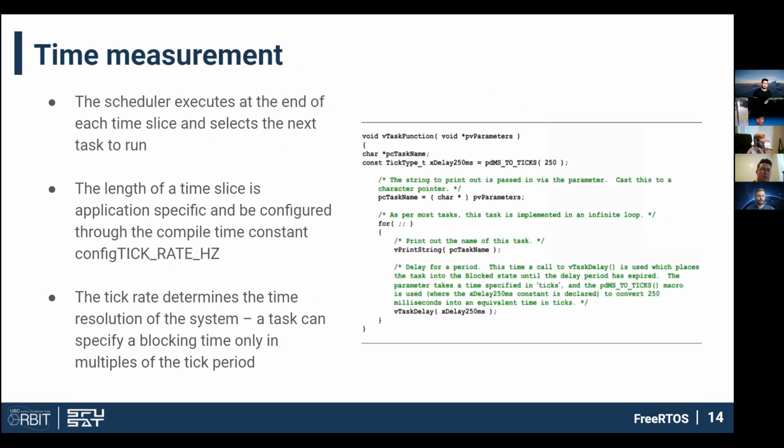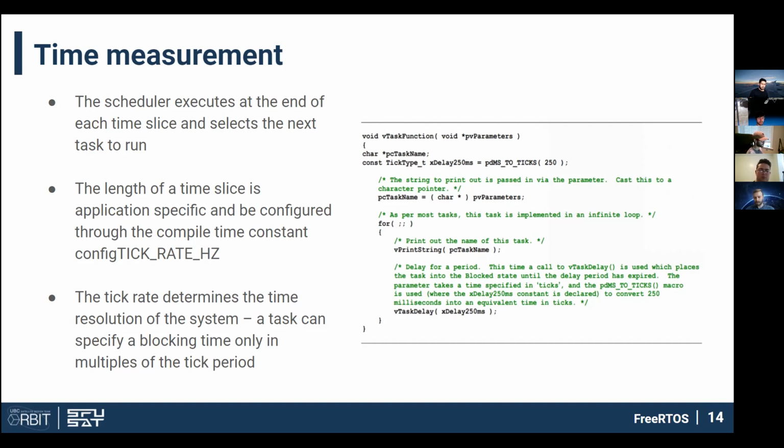Okay. So at this point, you might be wondering, my task is running, it gets preempted, it's switched out for a new higher priority task. What exactly triggers the scheduler? What causes the kernel to perform that action of switching the context to a new task? In general, the scheduler can be invoked in 2 ways. One is when your task completes its normal processing cycle, it delays itself, blocks itself, suspends itself. It voluntarily cedes control of the processor and moves itself into a not running state. And then the scheduler would invoke the next ready task.